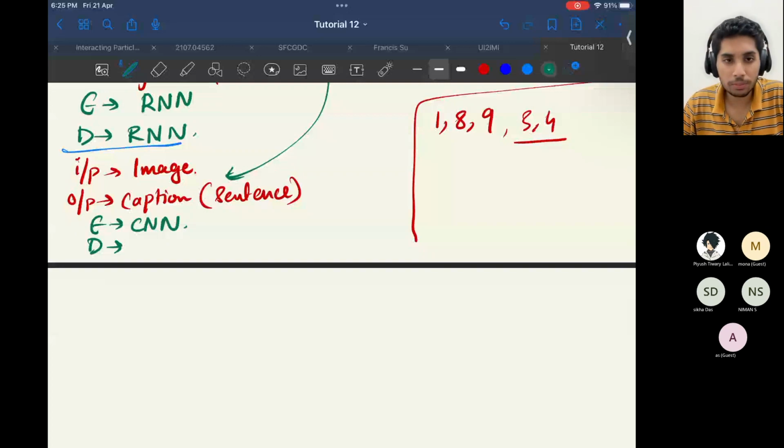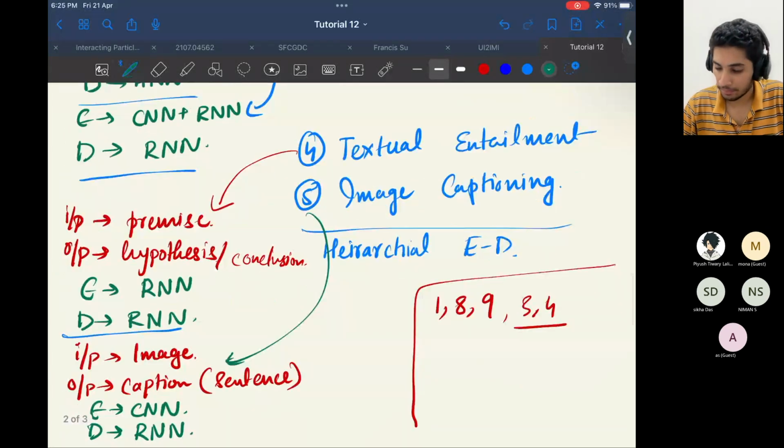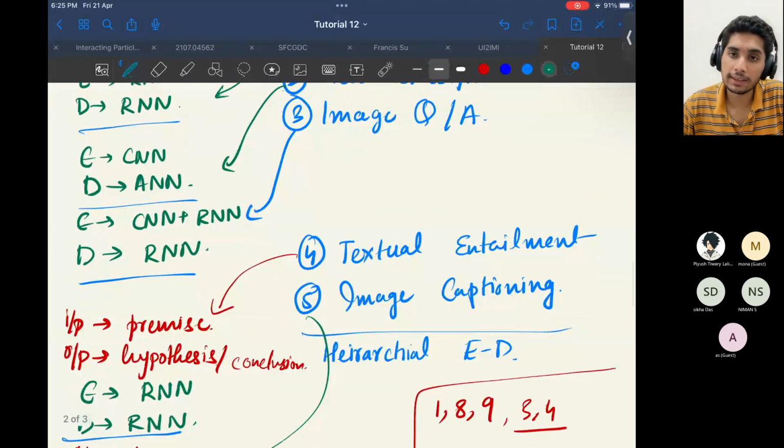I hope this makes things a bit clear. Whenever you are given an application and you are asked what the encoder should be and what the decoder should be, just write down the input and the type of the input. Is the input a sentence? Is the input an image, or is it both, as well as